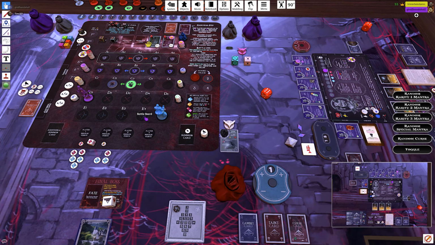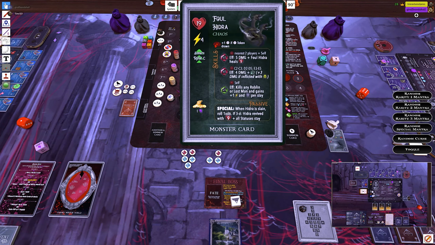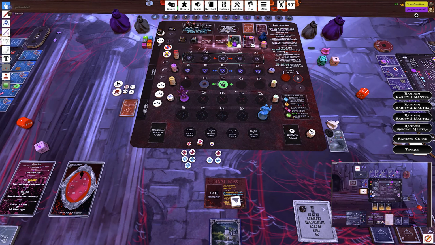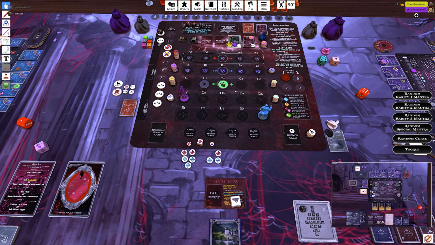His second one is C2 to C3. Okay, this guy's a chaos guy, so he can actually hit his pals. So he's going to hit C2 to C3, which is actually going to hit the cutter worm, which is nice. D2 to D5. And E3 to E5, so that's going to hit me. Okay. 4 damage again, and